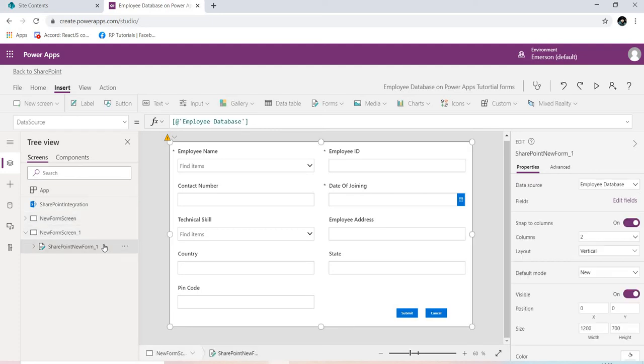If I click on the SharePoint form, new form 1, the default mode is new. We want to change this to edit because we are creating the edit form. Also, we will rename this to SharePoint edit form.